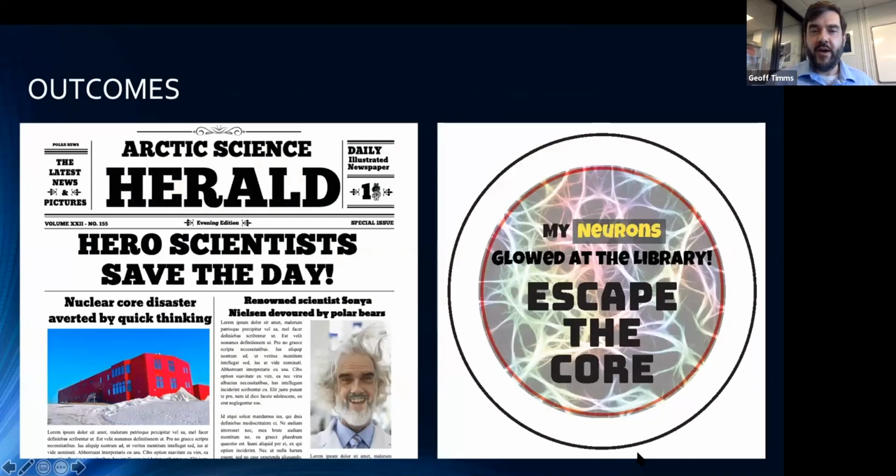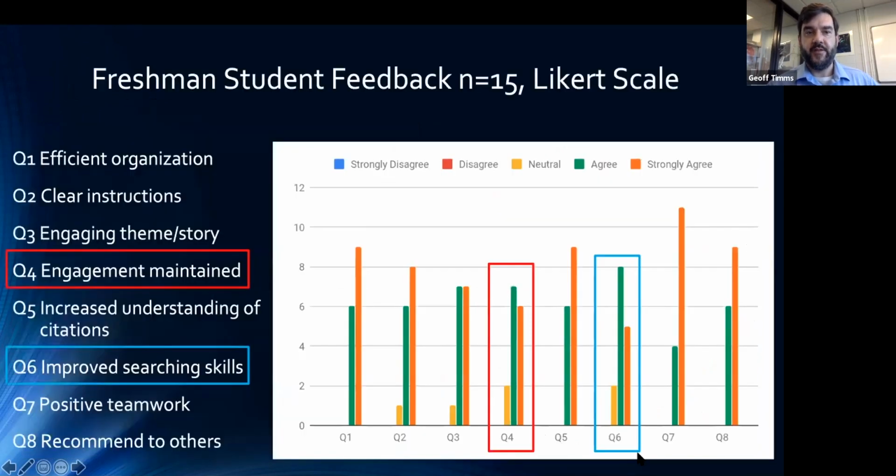We were delighted when, with 2 minutes to spare before particulation occurred, our teams defeated the game, they won, they saved the day, and their neurons glowed while they were at the library. And we were anxious to find out all about what they thought of this experience, so we surveyed them.